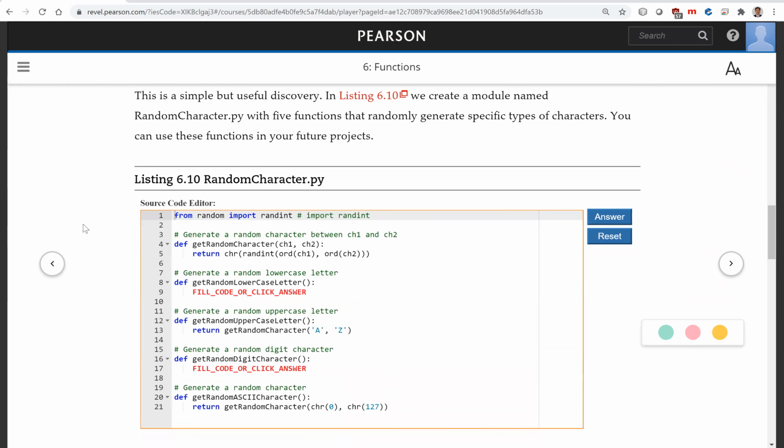Now we put all this into reusable functions. So we're going to use this randint from the random module. This is get random character ch1, ch2, which returns the random character between ch1 and ch2. So we're going to get a random lowercase letter simply by calling